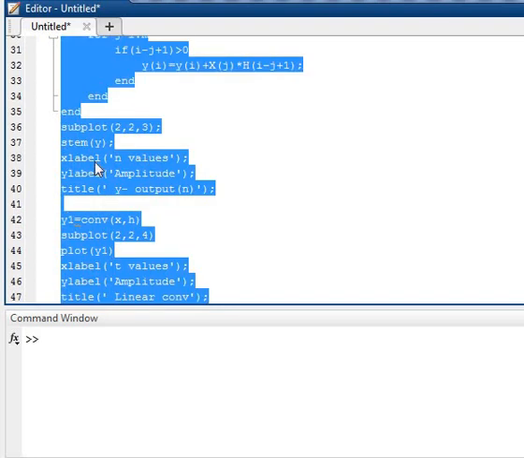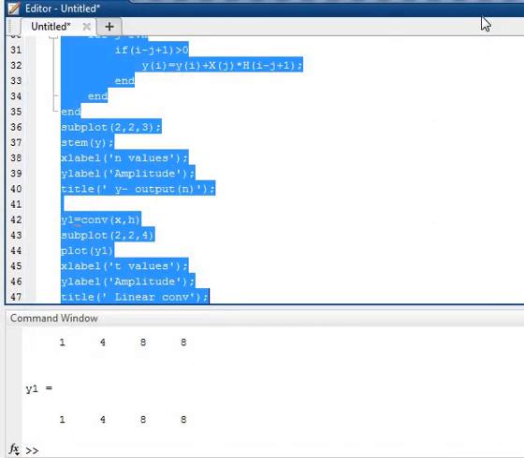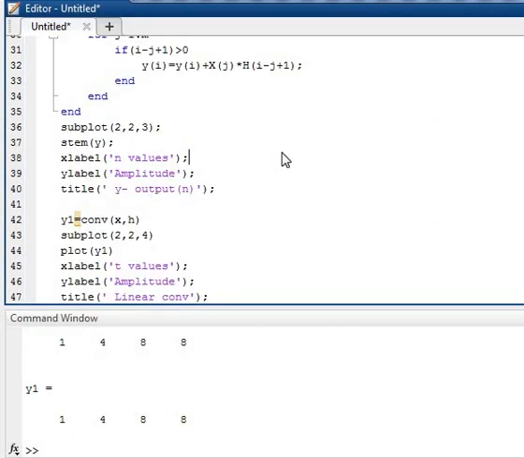Now this is my discrete signal and this is my continuous signal. This is all about the code of linear convolution.